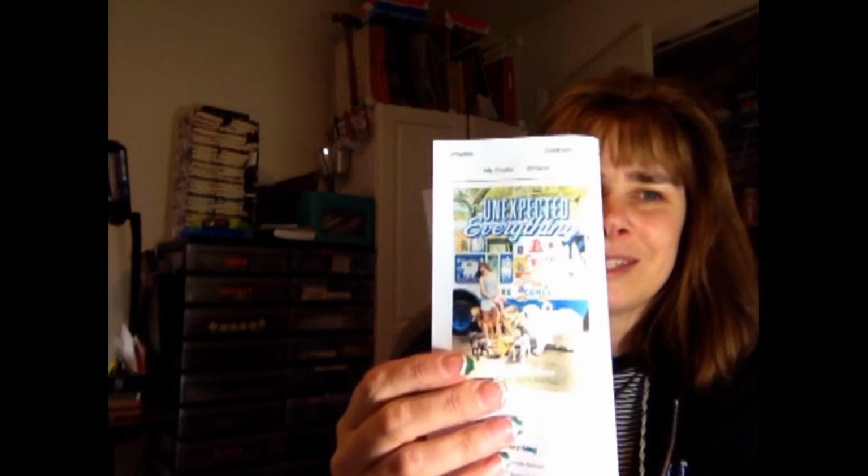Okay, book number 3. Book number 3 is also an author buy for me. This author is amazing. I read 1 or 2 books by her, and I really liked her writing style, so I already pre-ordered it. This book is coming in May 3rd. The book that I pre-ordered is a Morgan Matson book, The Unexpected Everything. Notice that 2 of the books say everything in the title. That's pretty weird. But anyway,